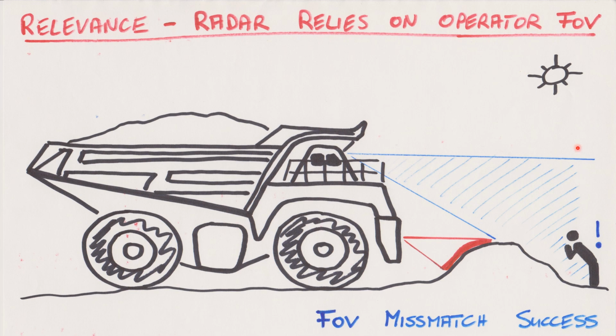The opposite is true in good conditions, especially when the operator can see because of an elevated position behind obstacles, and the radar is limited, in this example, by a berm, and cannot look behind it. Here it makes complete sense by design, but it's important to always keep the field of view mismatch in the back of the head,